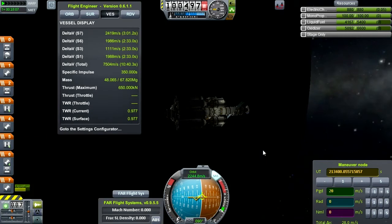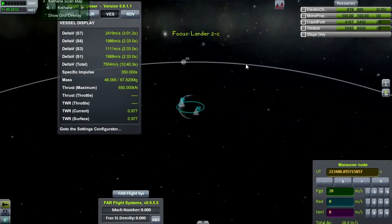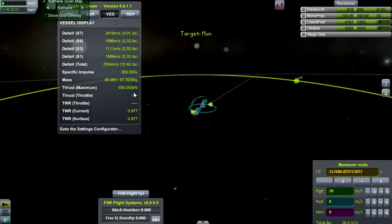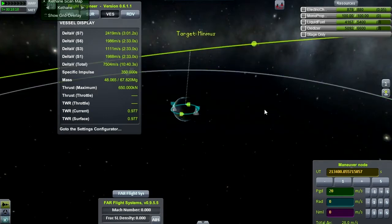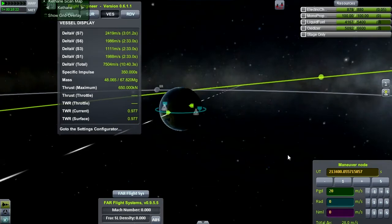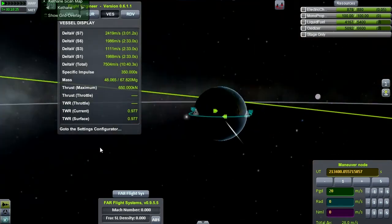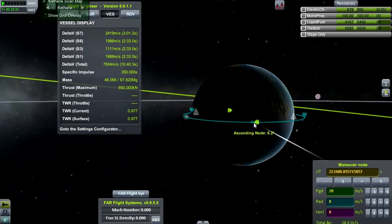Well, we don't have anybody aboard, so there's no concerns about anybody missing their appointments or whatever. Shall we send it to the moon? Shall we send it to Minmus? Yeah, let's send it to Minmus. It can be an advanced exploration probe as well as a test of the vehicle. Alright. First,